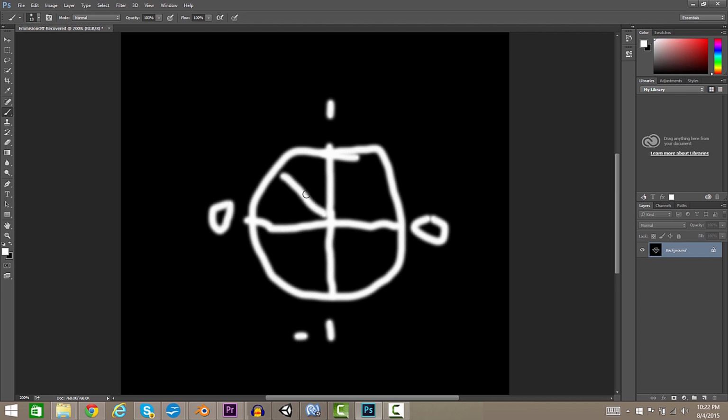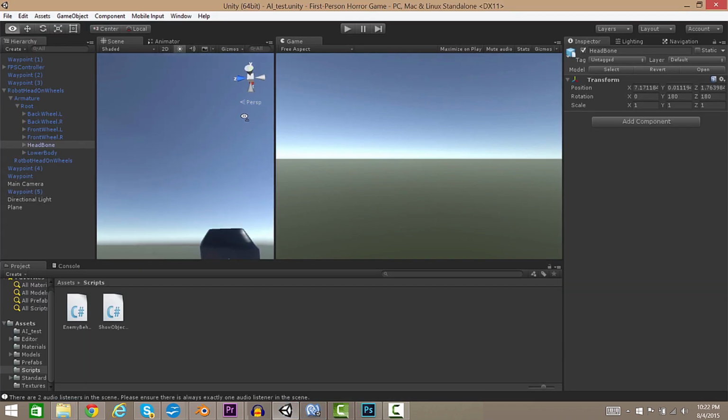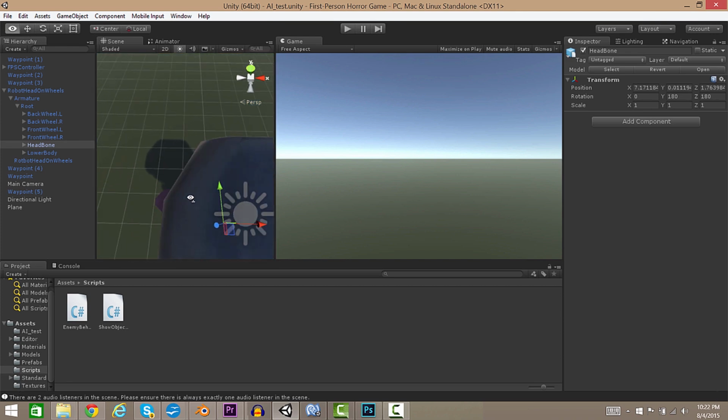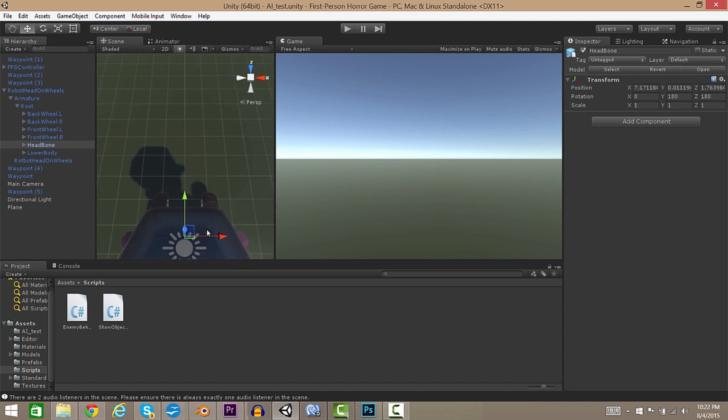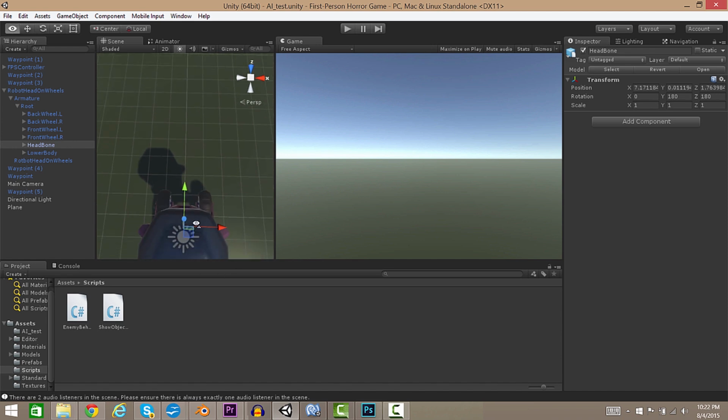And these vectors here, if this is our second vector, it's going to return 0.5. But if it's going one of these ways, it's going to return -0.5. So what we're going to utilize is the right vector for this. And so the right vector for our robot head is this red arrow. It's going here off to the side. And since we're being viewed from the front, so we're not being viewed from anywhere back behind, we can say